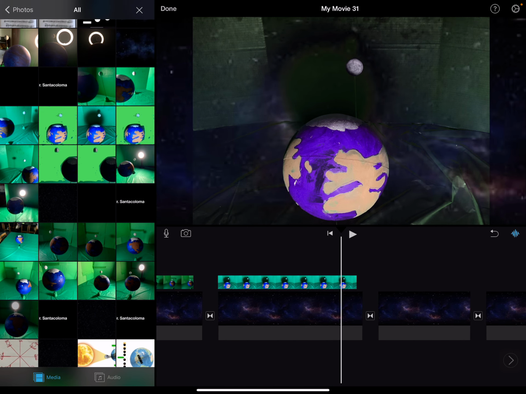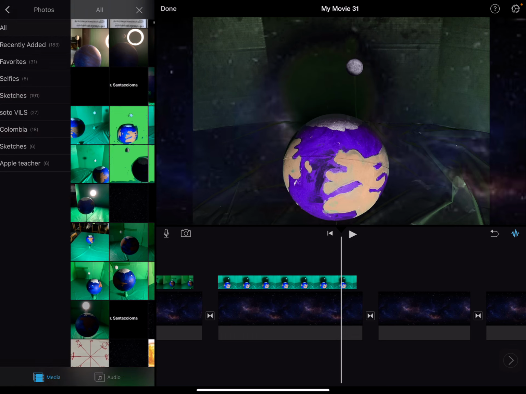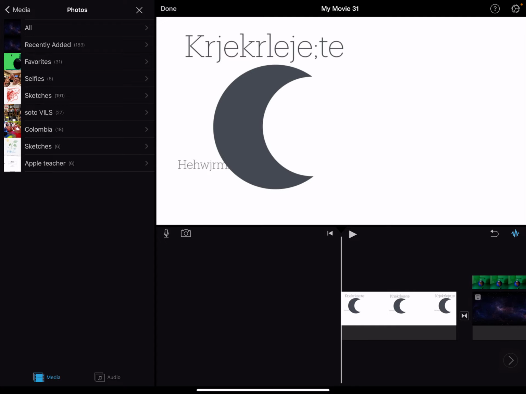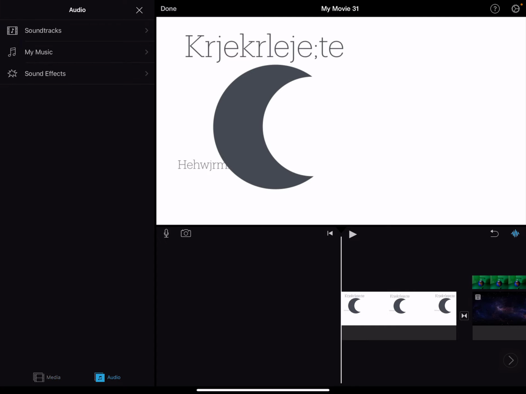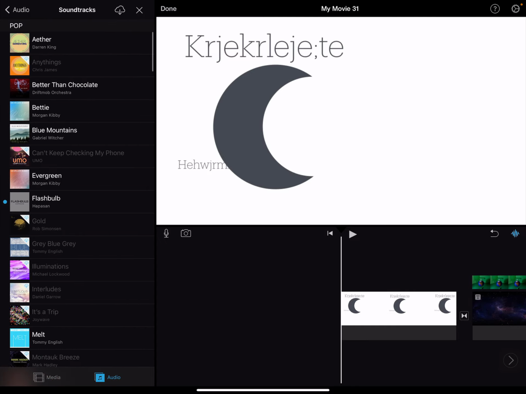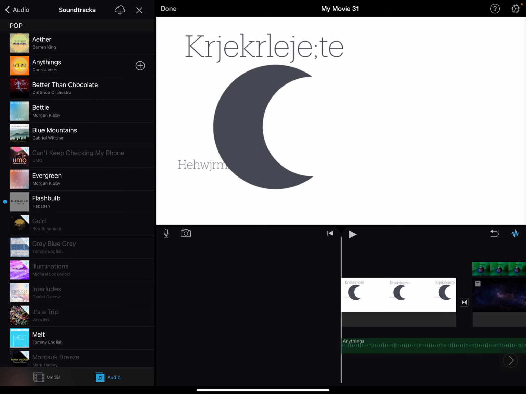So this is the option using only iMovie. You did your pictures, you crop your pictures, upload them in here, put the strength, put the titles. Then if you want to put music, you go to the beginning, says audio, soundtracks. I'm gonna add that, plus,